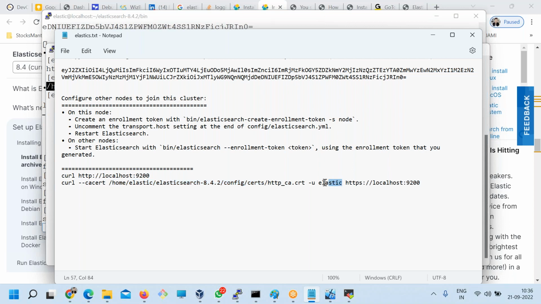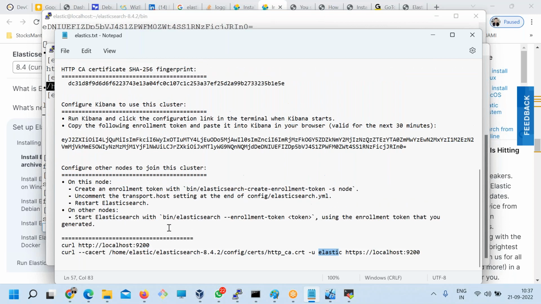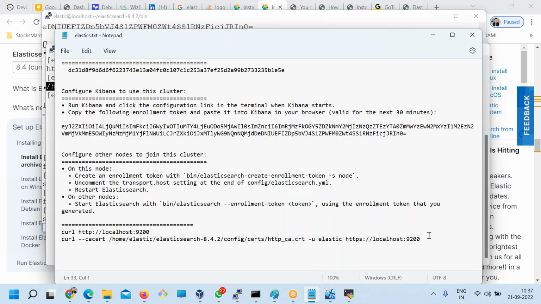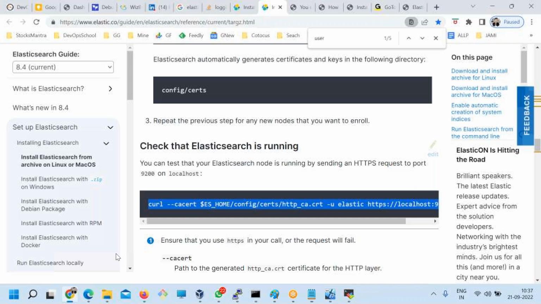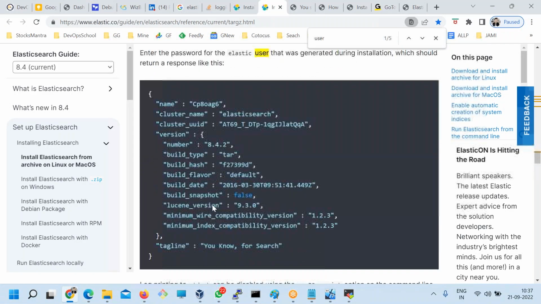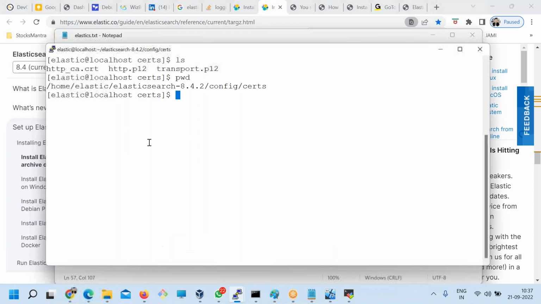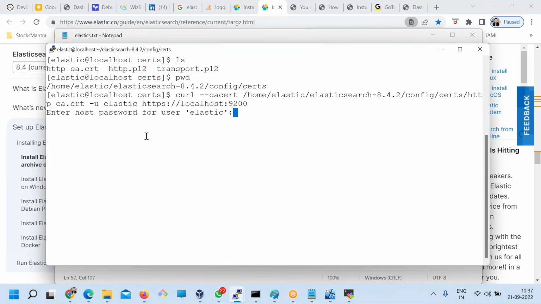And what is the username? Elastic. And this username is not a system username. This is the Elasticsearch username, the one which we discussed here. And then the URL is this one. This is the right format of URL which we need, and I'm expecting the output like this. Earlier I used to do it like this. It was very easy because security was not enabled. So run this. Now you have to enter the host password